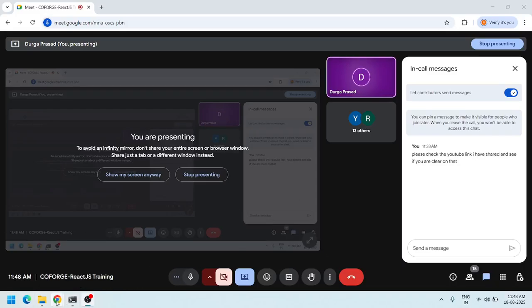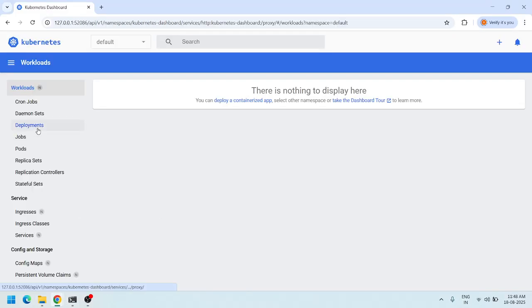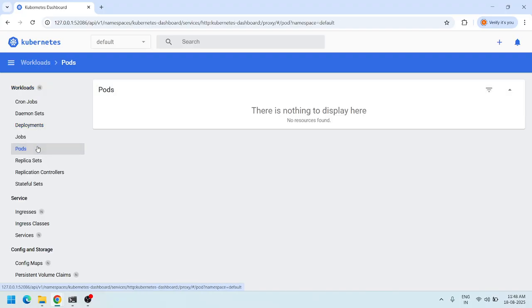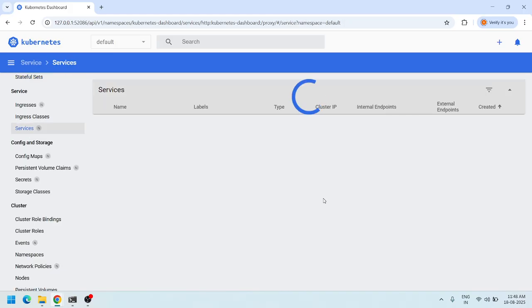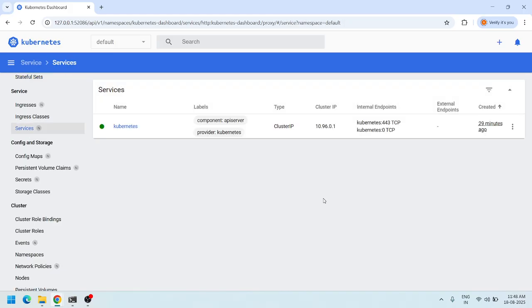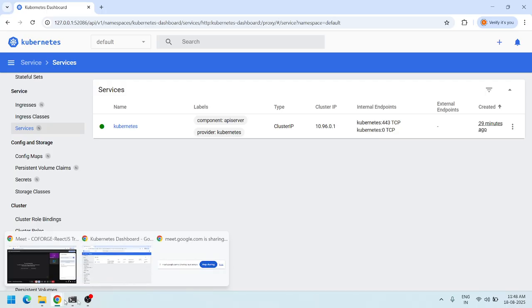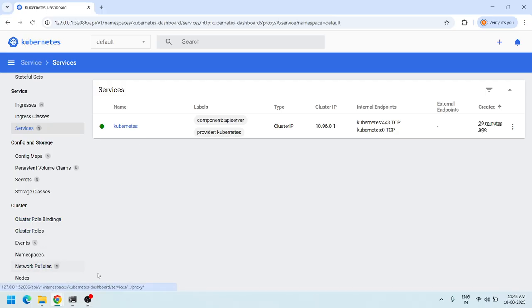Okay, so when you start the dashboard, it should be very clean. If you see the pods, there should not be anything, and StatefulSets, deployments, services, everything should be clean. Okay, so for this, what you have to do, you have to run the first command: minikube